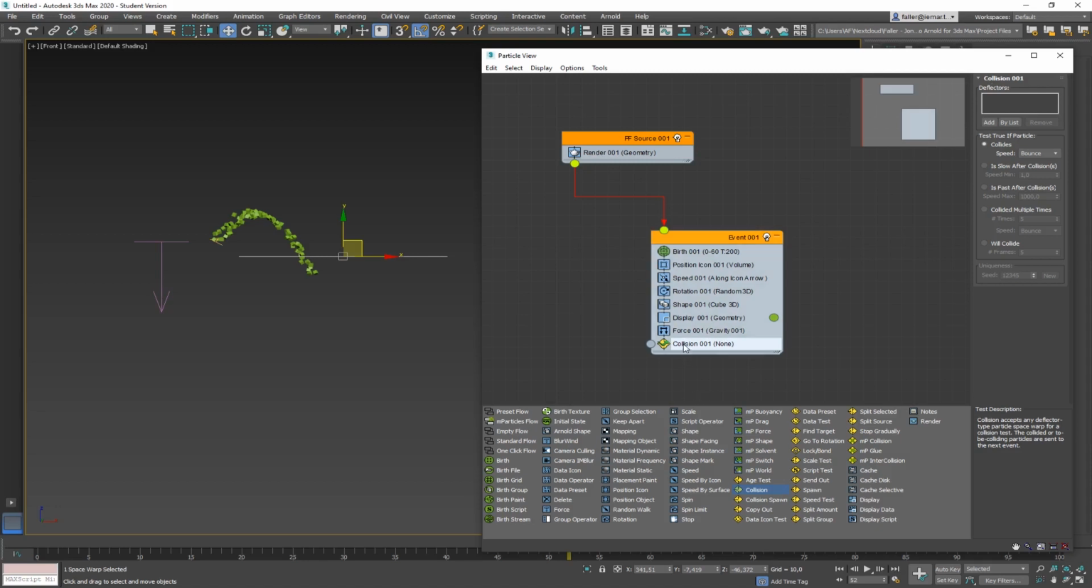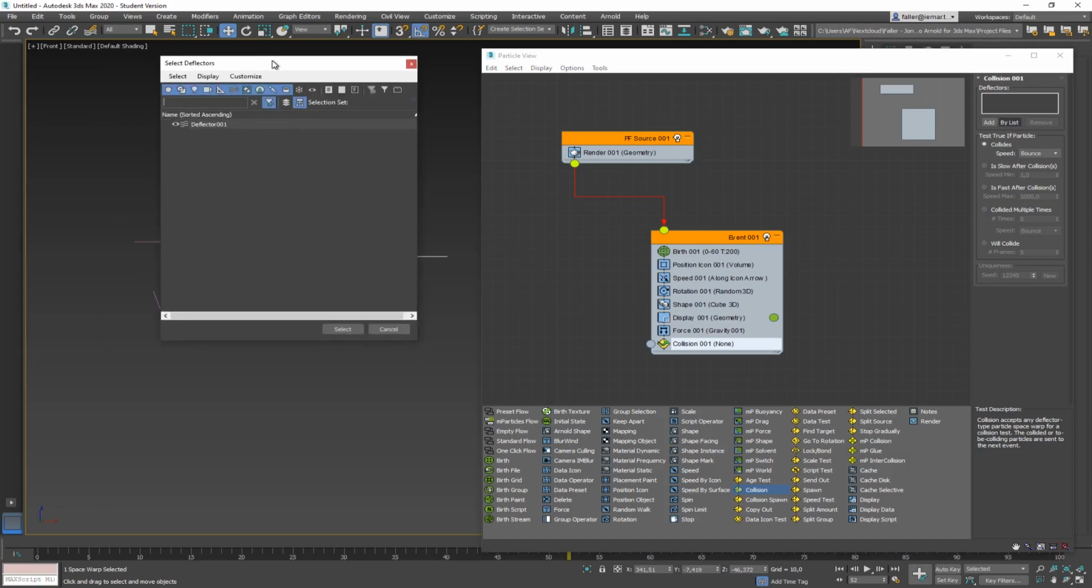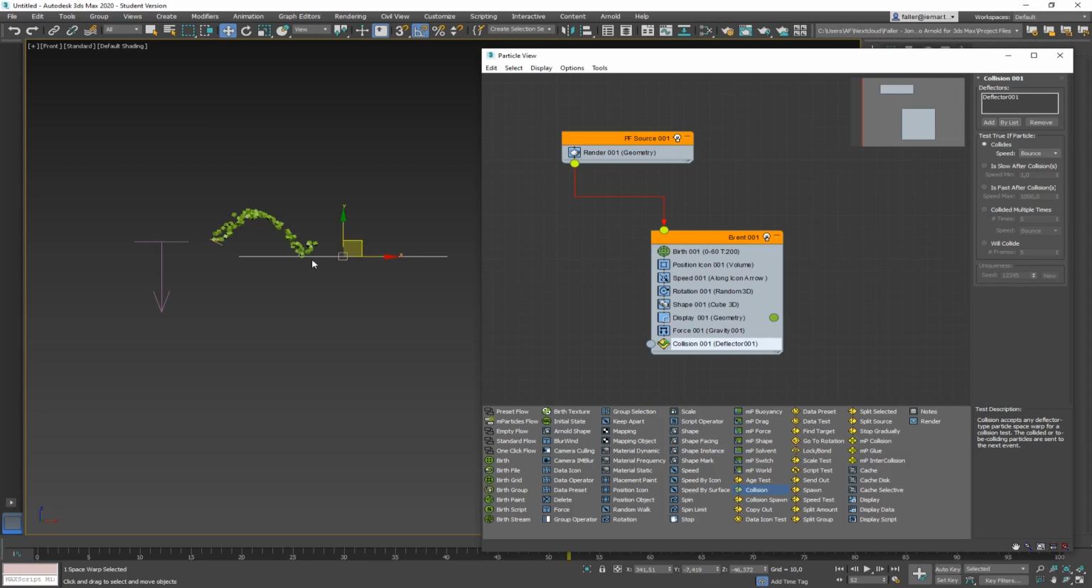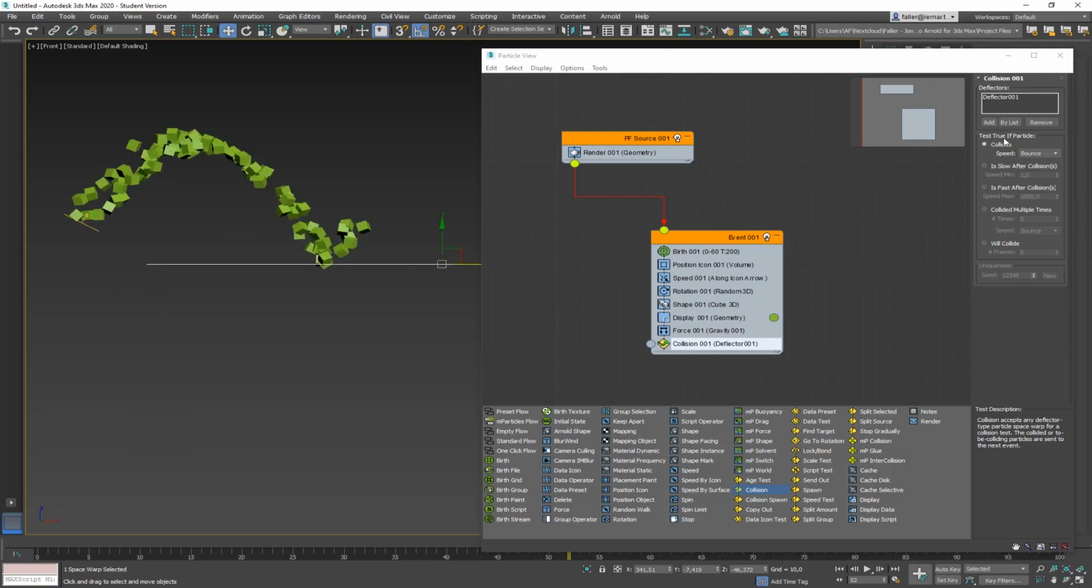So the collision itself does nothing. You have to add the deflector. This time I'm going to add it by list. So I'm going to hit by list. Sorry, it always opens in another screen. So here it is, deflector, and now the deflector is added to the list. And now you can see it bounces off because it tests through if the